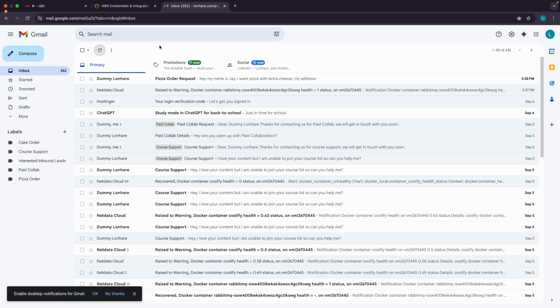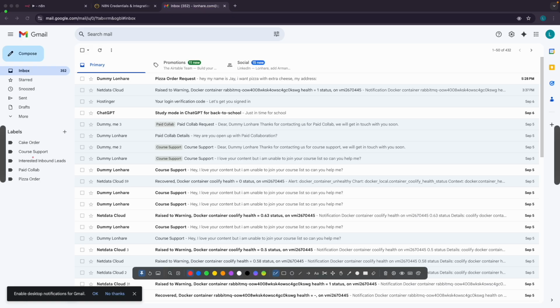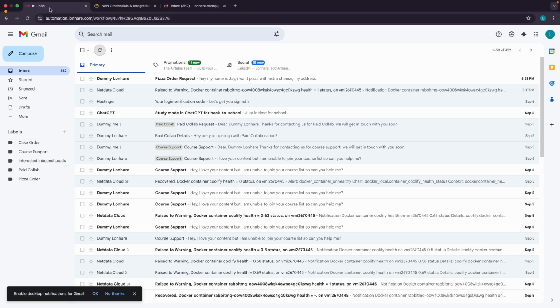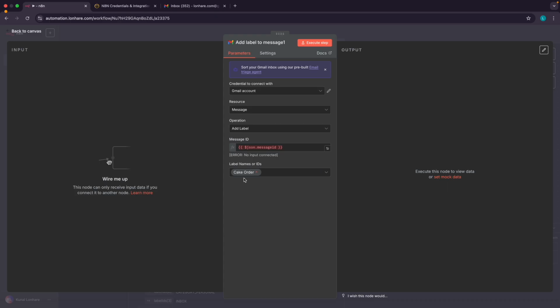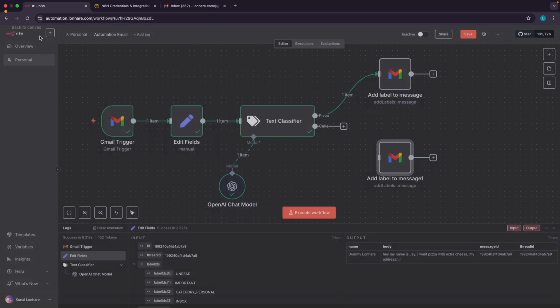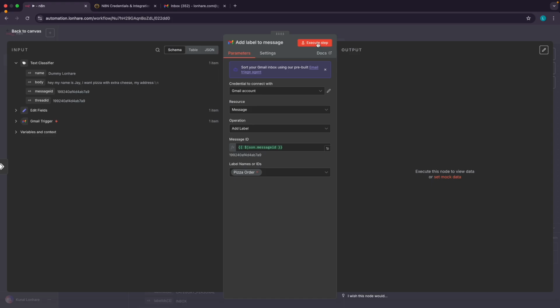Just go to your Gmail, and here you can see we have the cake order over here, right? So that is the thing we are going to change. Everything else will be the same, and now you just need to connect it like this. Click on the plus button and drag it here. Awesome. Now if you go here and execute this step,